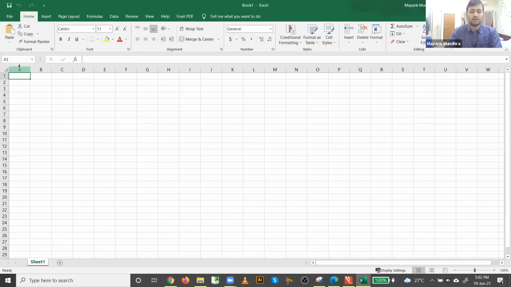This is the element 1 comma 1. This is the element 1 comma 2. This is the element 1 comma 3. This is the element 1 comma 4, and so on. This is 2 comma 1, 2 comma 2, 2 comma 3, 2 comma 4. So you get the idea, right? 3 comma 1, 3 comma 2, like